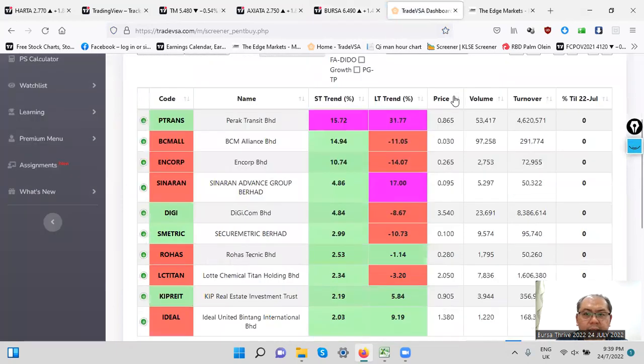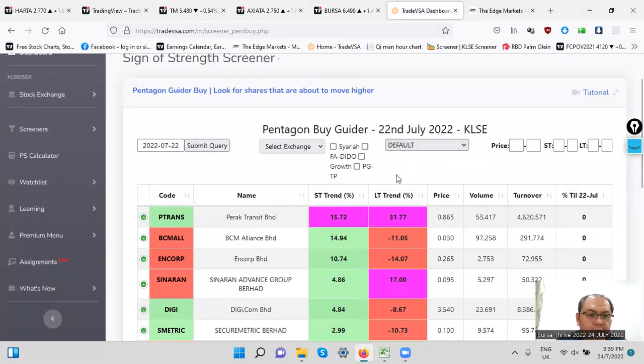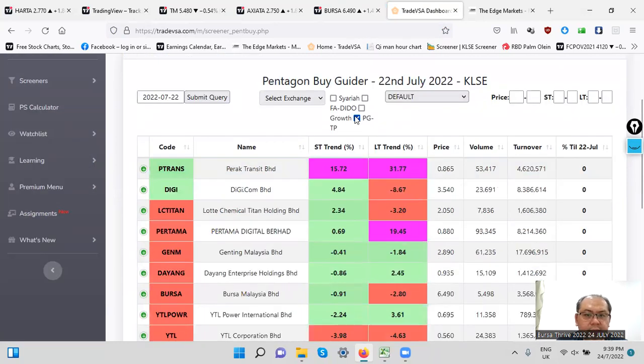Okay, Pentagon guide, now Martin has added a lot of good features inside it. When you activate the PGTB, you also have a stage 1 change to stage 2. That means from accumulation it changed to don't all buy dog love. Okay, so